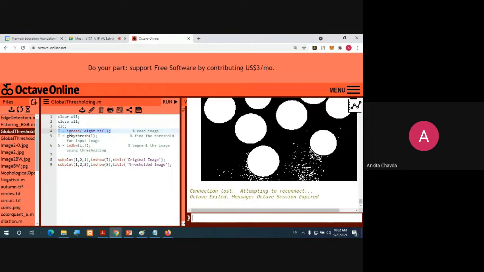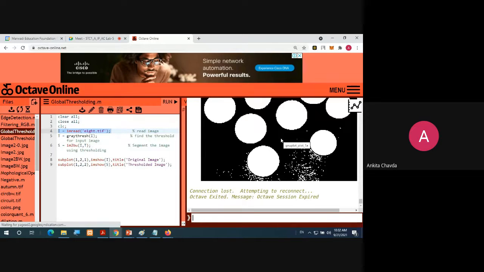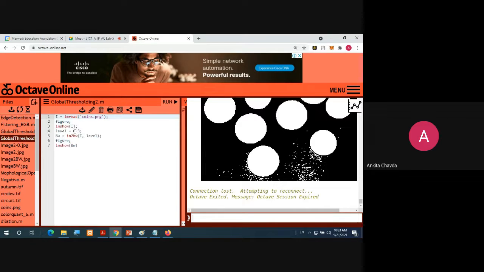Okay, fine. So I am just reading this image, 8.tif. It again contains some 4 or 5 coins. Whatever thresholding was calculated manually before, you can change to 0.3, 0.5, 0.6, 0.8, whatever it is.